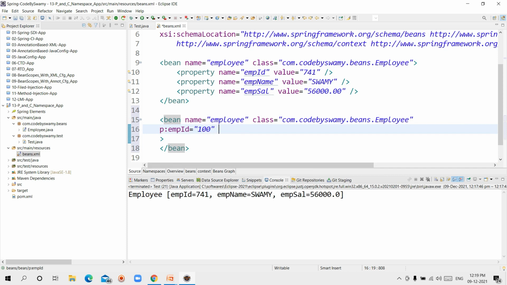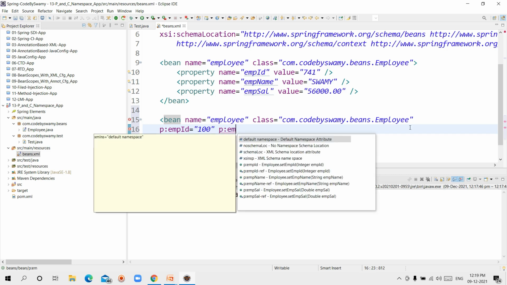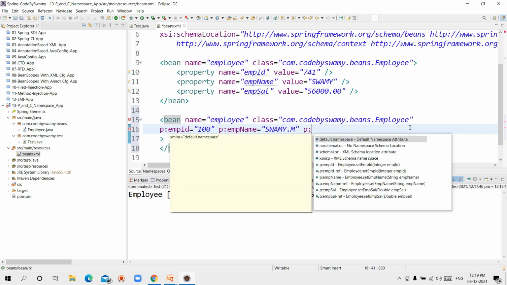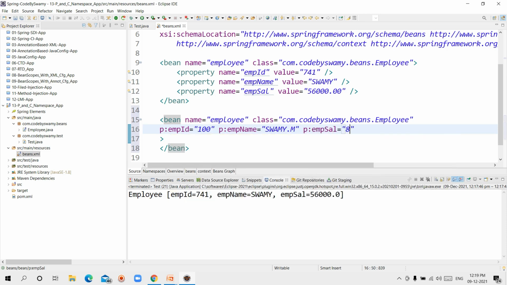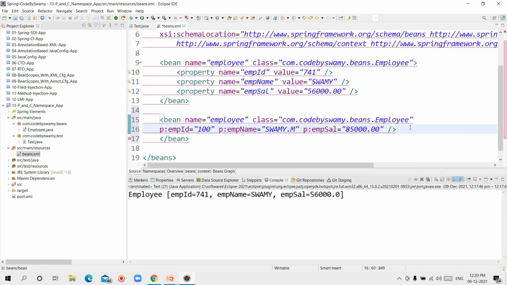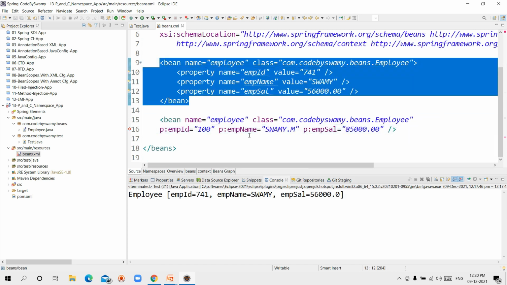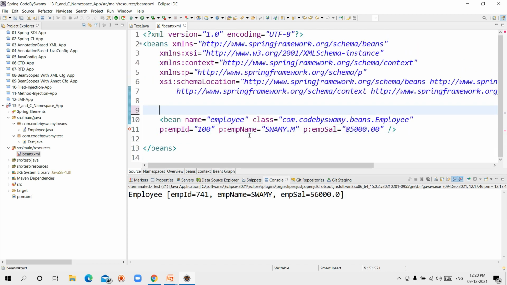Don't give commas. p:empName, this time I am giving Swami.M. p:empSalary, I am giving 85,000 this time. I am closing the tag here only, so I am removing the /beans tag. These 2 lines of code equal these 4 lines of code, so I am deleting this code.